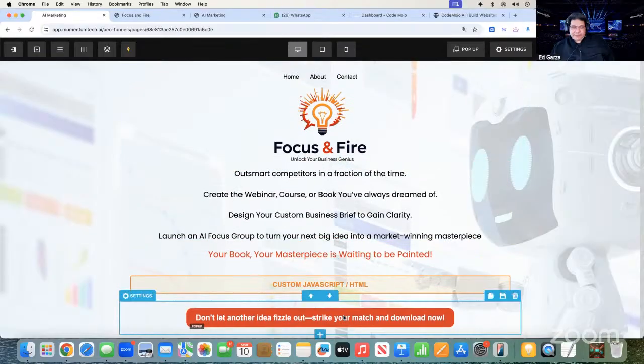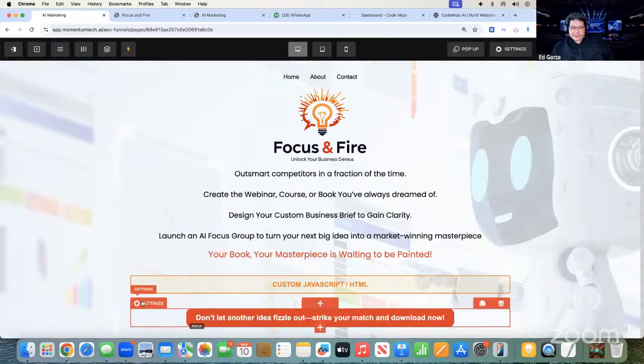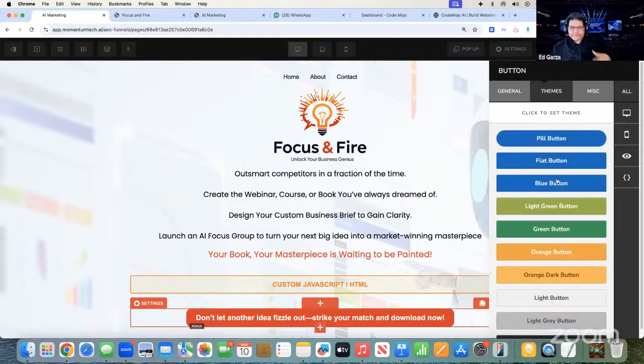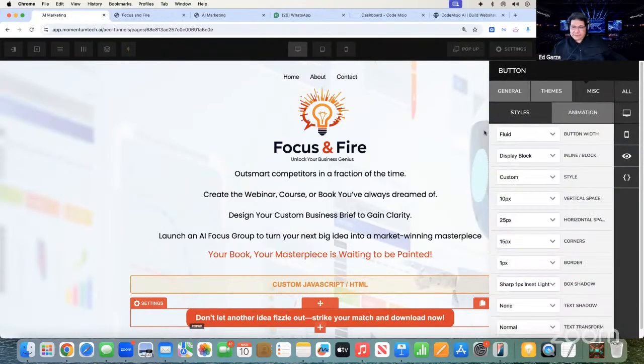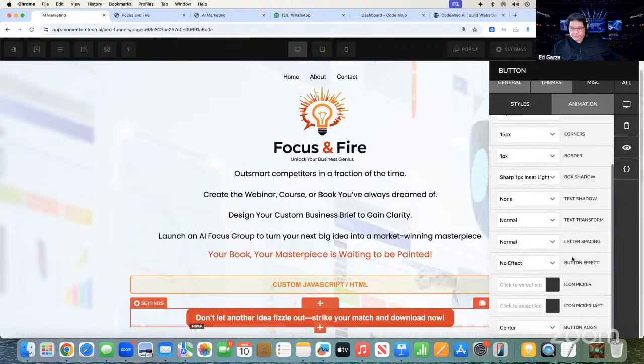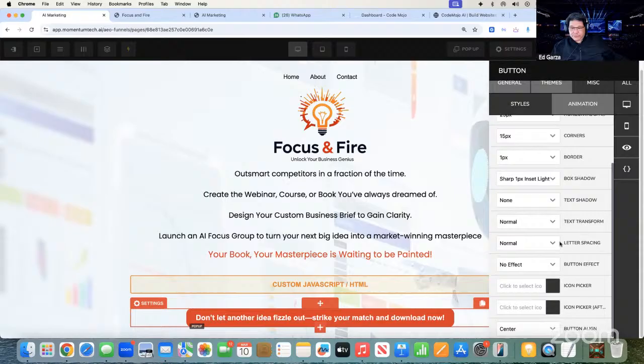And you can add motion to buttons, like right here, the download button. Just go settings. I'm going to show you a few features here. And you got different types of buttons. And you can say button width, style, border. Got all kinds of cool little things over here.